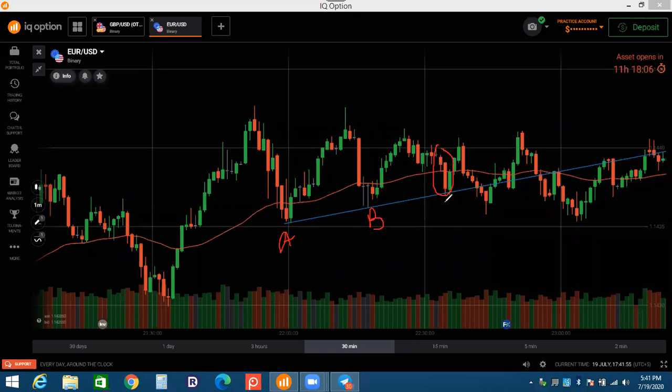So if I see any anomaly, because you will find so many videos on YouTube about VSA, you must watch all the videos, then you will understand all the concepts about VSA. Here what I am seeing, two bars showing me an anomaly, and there is a rejection on the support level. When you find a rejection on the support level and volume increasing, it shows the buyers entered in this area. You can go with the buyers also.